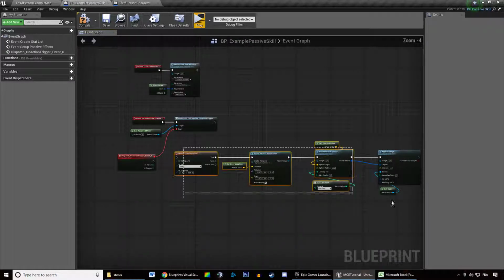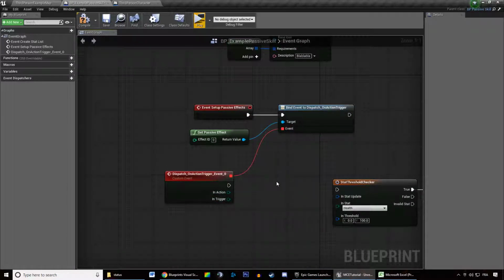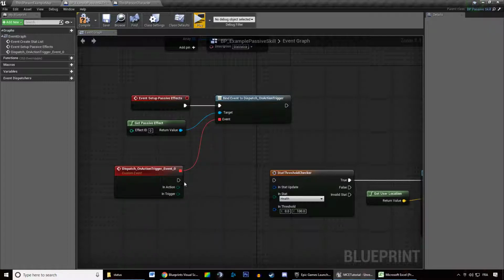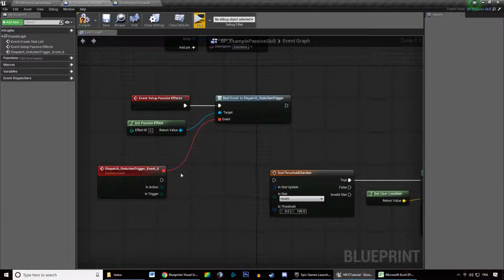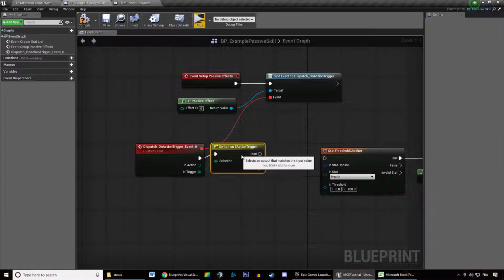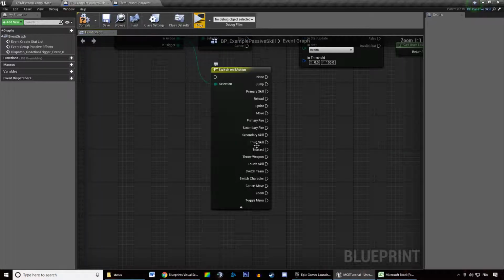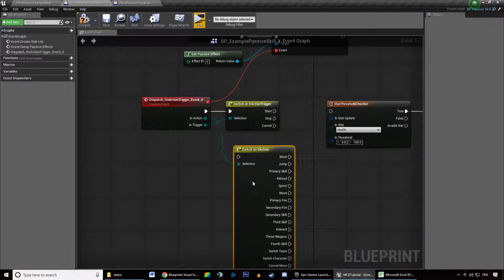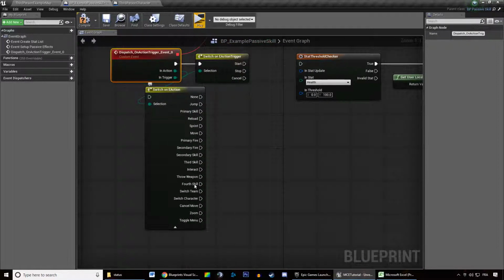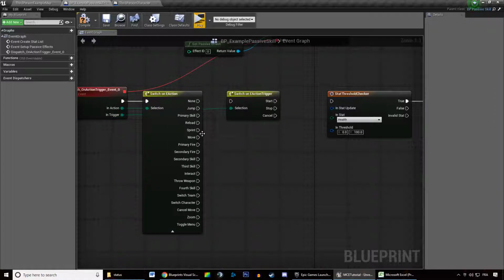we're going to dispatch the action trigger like this. And it's giving us this event. And we're going to switch to actually ask for an action. You can switch on the trigger. And you can switch on the action. But switching on the action gives you a node with all the actions you have, and maybe you don't want that. But this node actually gives us the possibility to react to these actions being taken by the owner of the skill. So for instance, I can say, if my owner is